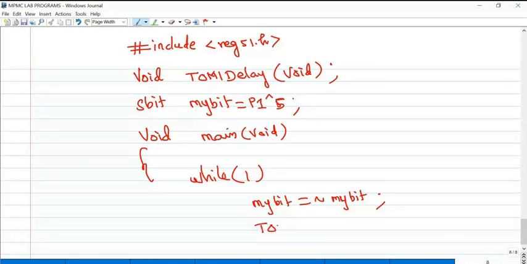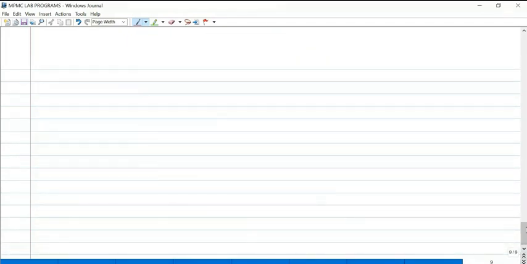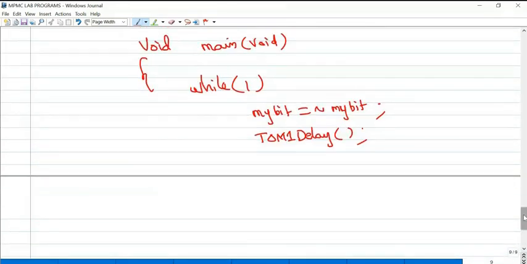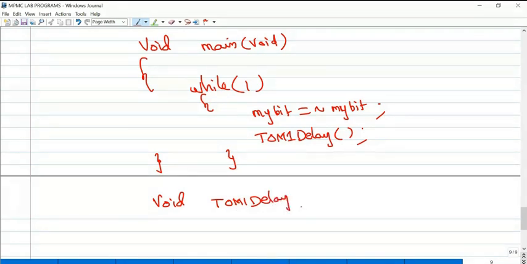We have to generate it. I have written the timer 0 mode 1 delay function separately, and I'm calling that function there. So the while loop has two lines; put open and closing parentheses. Now write your delay program separately: void timer 0 mode 1 delay. It's just the name I gave to understand clearly.